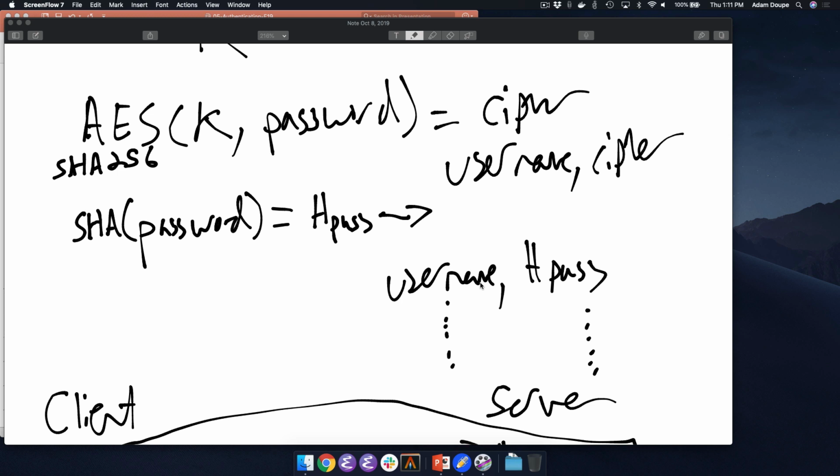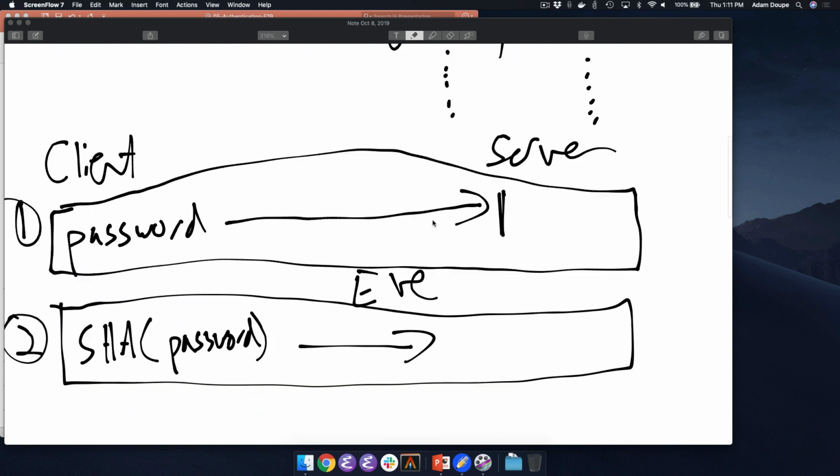store what hash function is used, which kind of goes back to your point of what hash function was used for these. Or another way to do it would be, when the user creates their password,